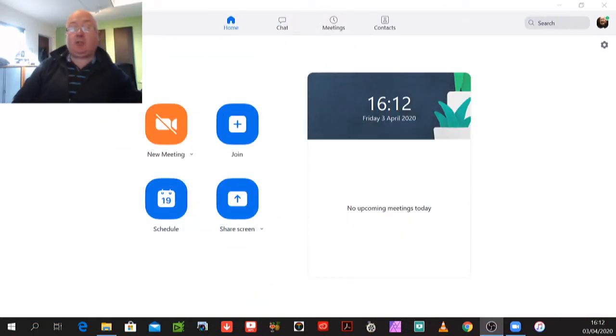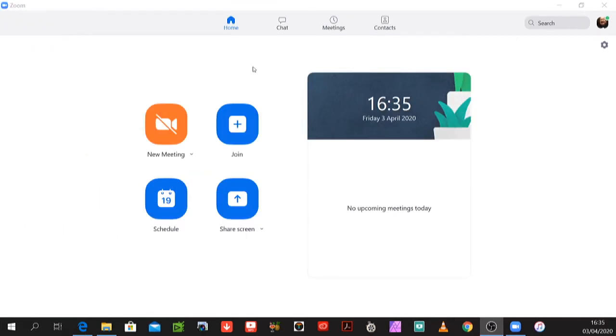Okay, at this stage you'll have Zoom downloaded onto your laptop and you will have set up an account and you're ready to get into action. So we're going to look at the basic steps of the settings that I use as a tutor for recurring meetings on Zoom. One of the first things I do in the settings is I go over to the cog